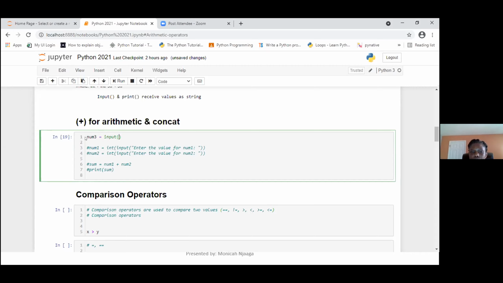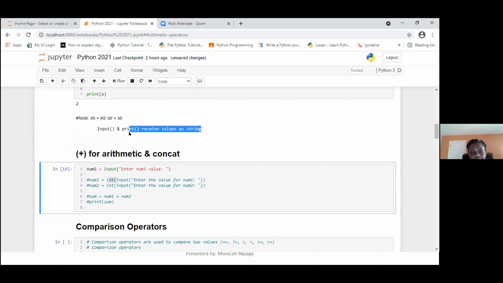So I can do a variable both ways, right? I can say num3 equals 30, right? But what if you want to make this interactive? You don't even know the value at the time, you're gonna know it later. So that's why you put the input, okay? And then you say something like enter num3 value, okay? Now, there is also this int here that you are asking about, right? That you referenced. Yeah.